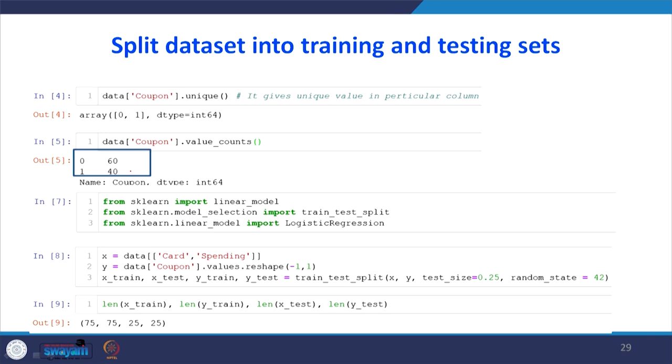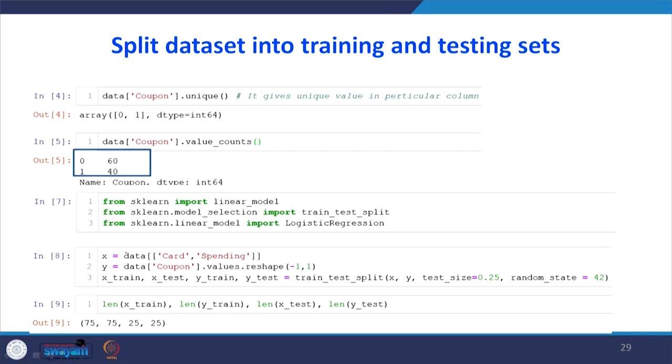Then for running logistic regression, we split the data into two categories, some data for training and building the model. After the model is built, we will use the test data to verify our built model. From sklearn import linear underscore model, from sklearn dot model underscore selection import train underscore test underscore split, from sklearn dot linear underscore model import LogisticRegression.